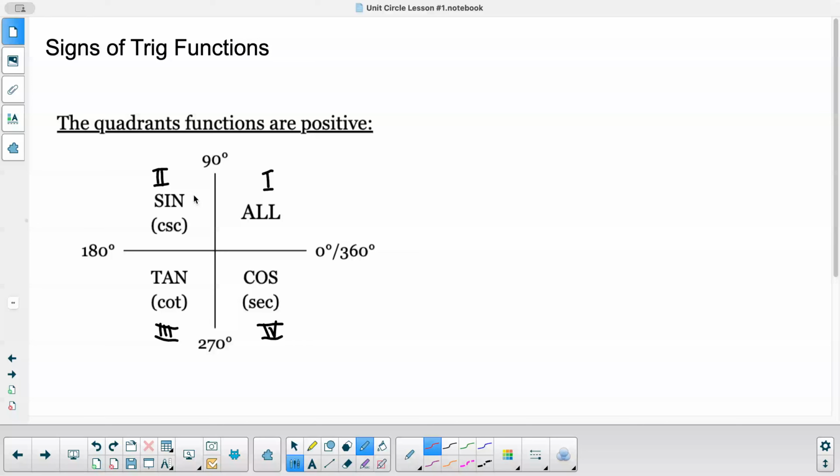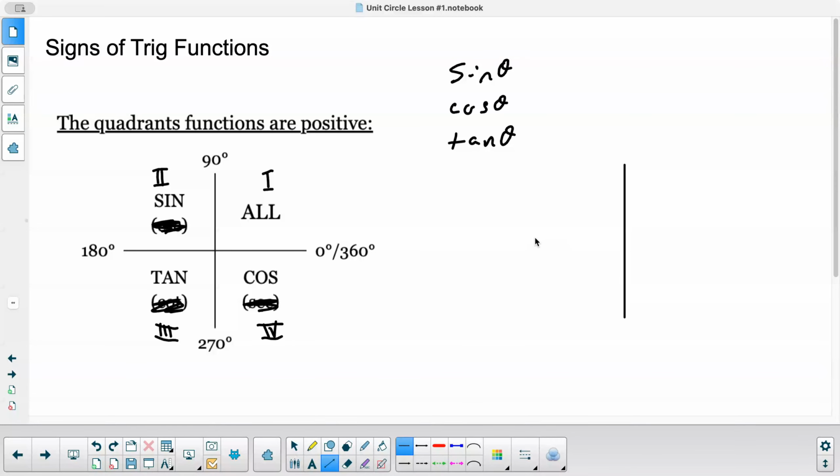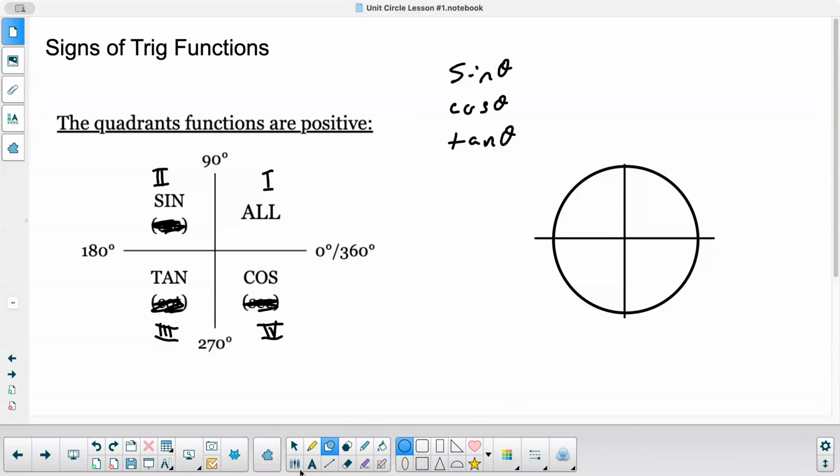All right, so the last thing here are signs of the trig functions. So let's just focus about, I'm going to cross these off for a second here. Let's just focus on sine of theta, cosine theta, tangent theta. Okay, so I want you to think back to the unit circle here, like we were learning here. Here's my unit circle. Okay, and if this is the origin here at 0, 0, and it goes cosine theta, comma sine theta,